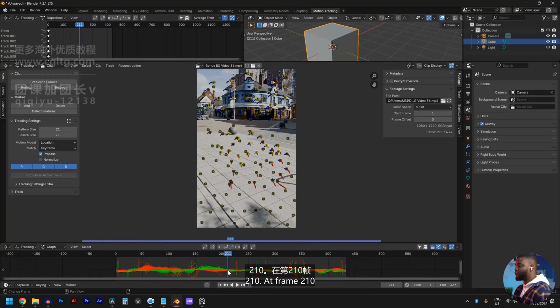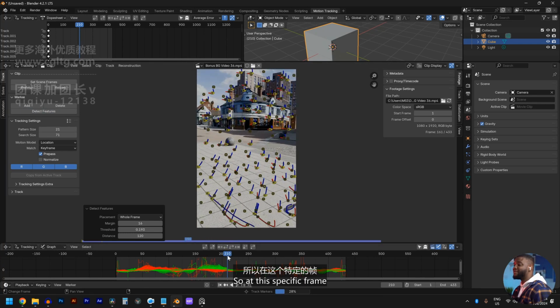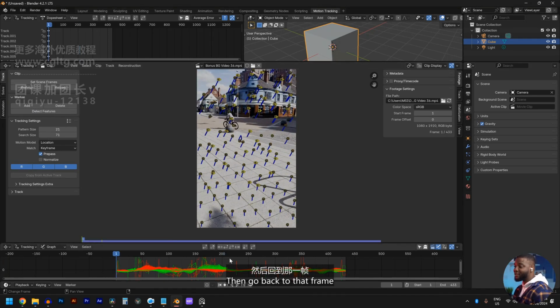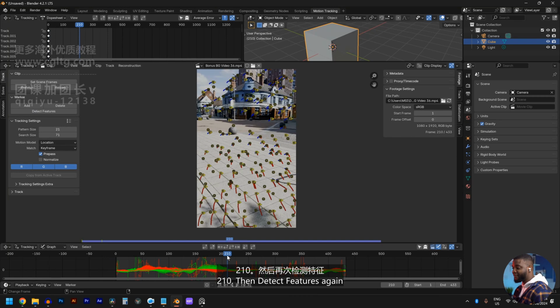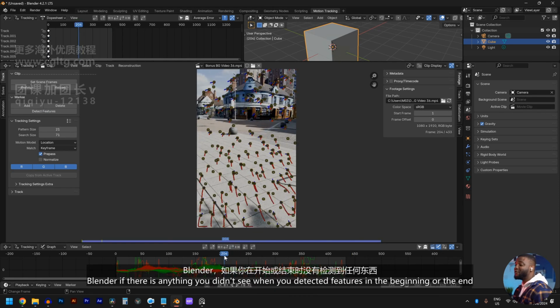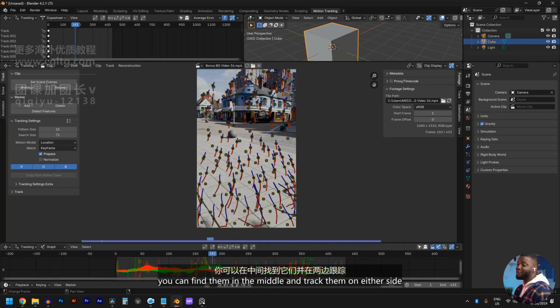Say 210. At frame 210, we'll do the same thing. Click on detect features. So you're telling Blender at this frame, find things to track. And then click on track backwards. So at this specific frame, it finds new things and follows it to the beginning. Then go back to that frame, 210. Then detect features again. Then track forwards. So you're basically telling Blender if there is anything you didn't see when you detected features in the beginning or the end, you can find them in the middle and track them on